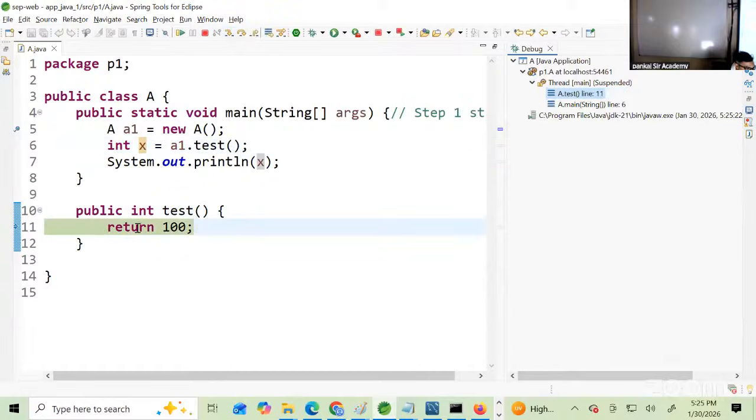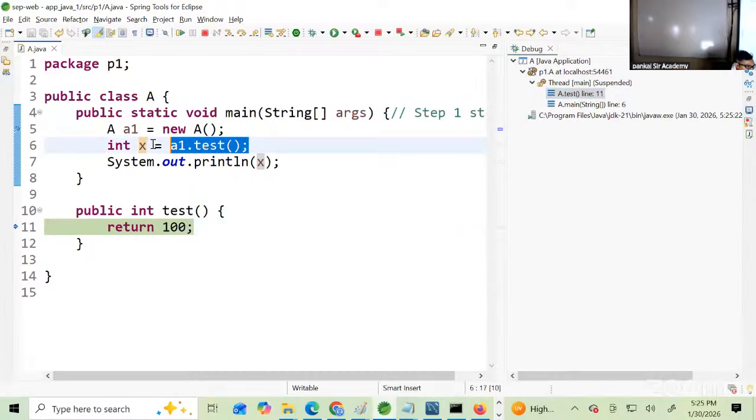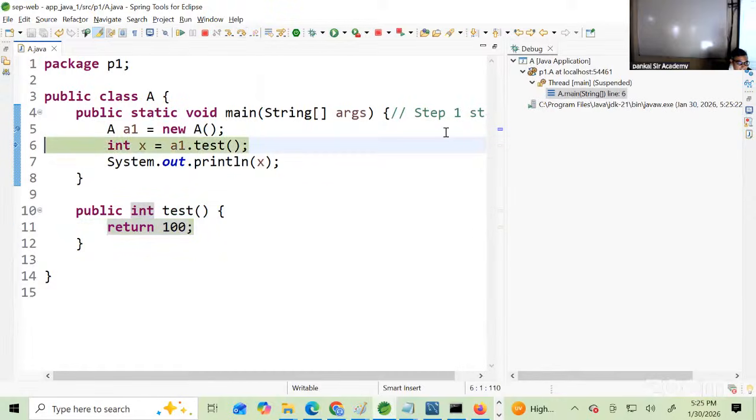Now what is this line 11 doing? Going back to line 6 and storing value 100 into x. This value 100 is given to this line and you're storing it in x. You can observe when I step over,